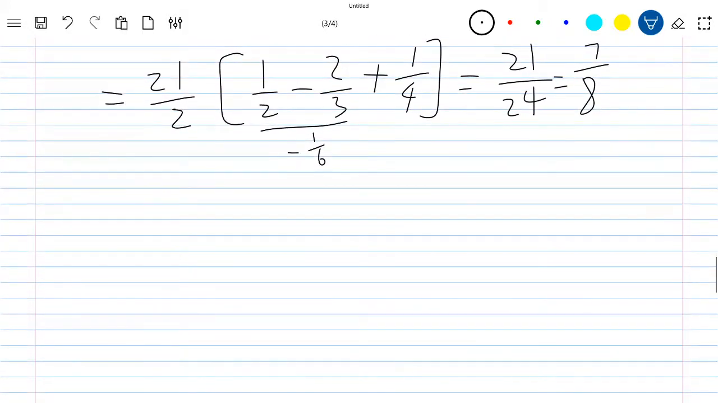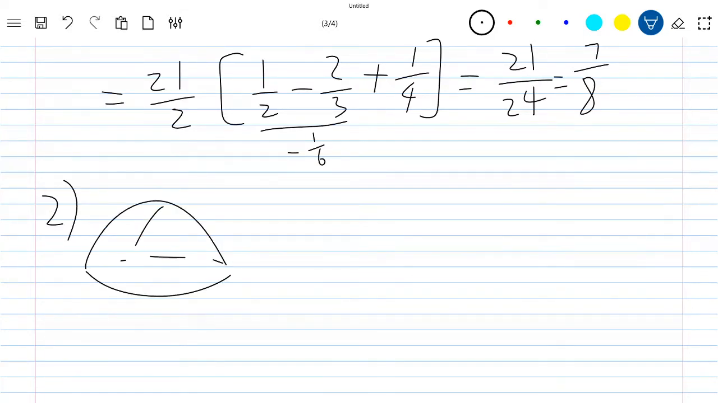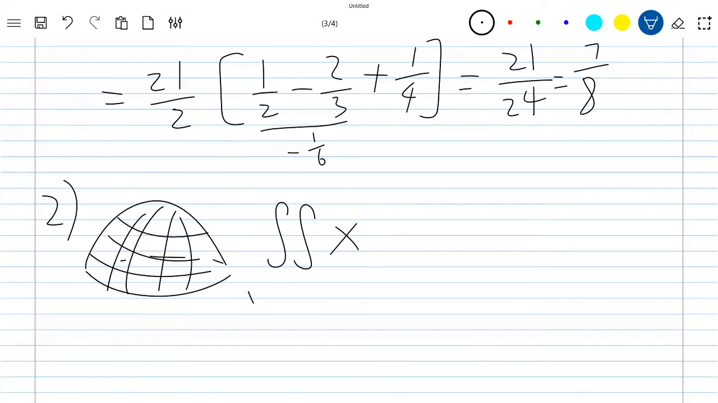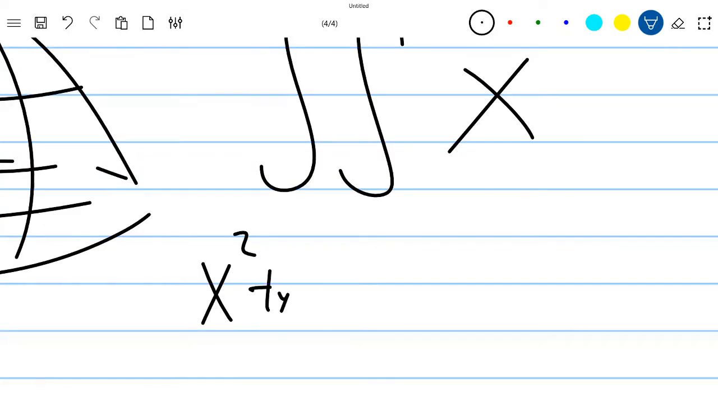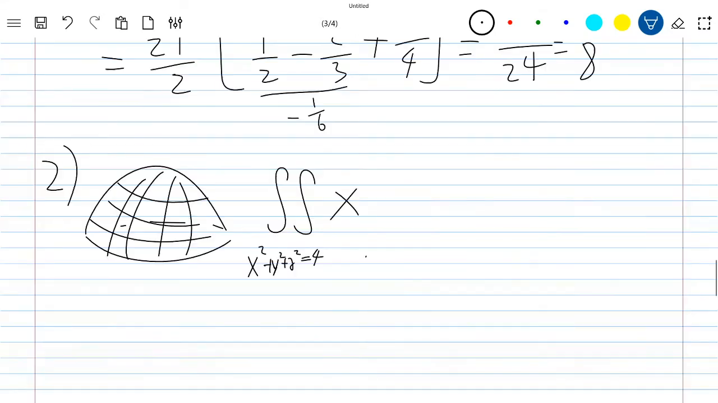Alright, now let's see the second example. The second example is a sphere. It's a semisphere actually. So let's find out the integral over the hemisphere x squared plus y squared plus z squared equals 4, and z is greater than or equal to 0. So it's the upper hemisphere of radius 2. Let's find out the integral